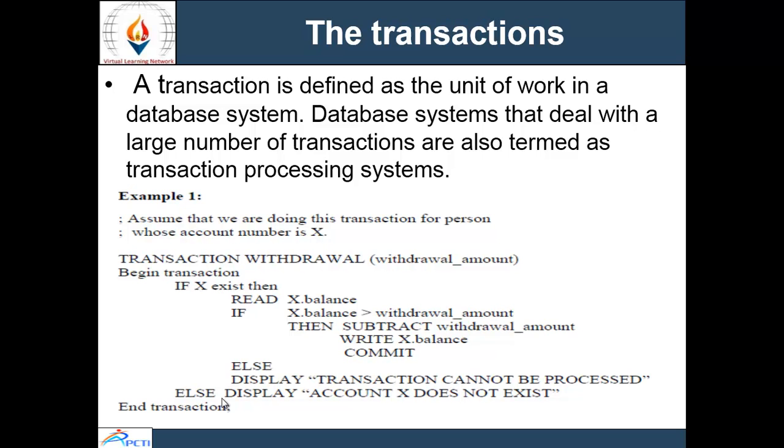For example, there are 10,000 rupees in an account, and if you want to withdraw 2,000 rupees, then it will subtract 2,000 from 10,000, and the remaining 8,000 is written back to X's balance, and the commit will be performed, meaning the changes will be made permanent to X's balance. Otherwise, a message will be displayed that the transaction cannot be processed. This is a transaction in which there are a number of steps for performing a transaction.